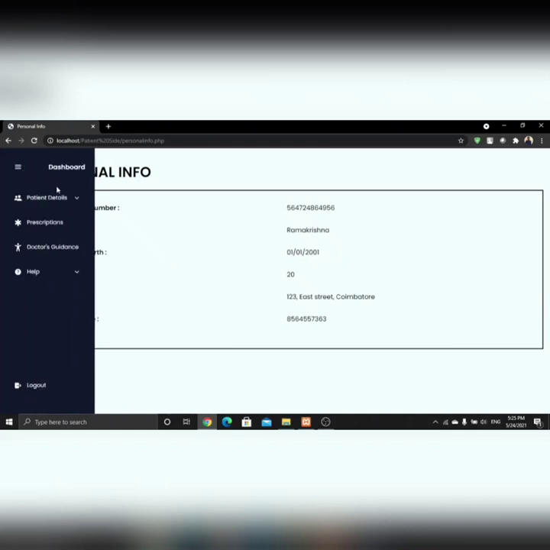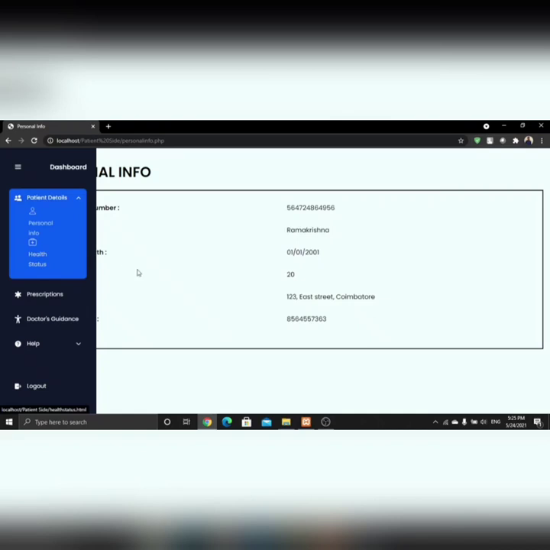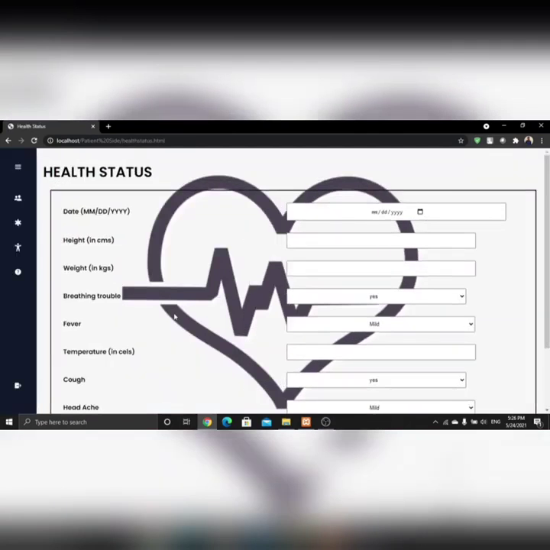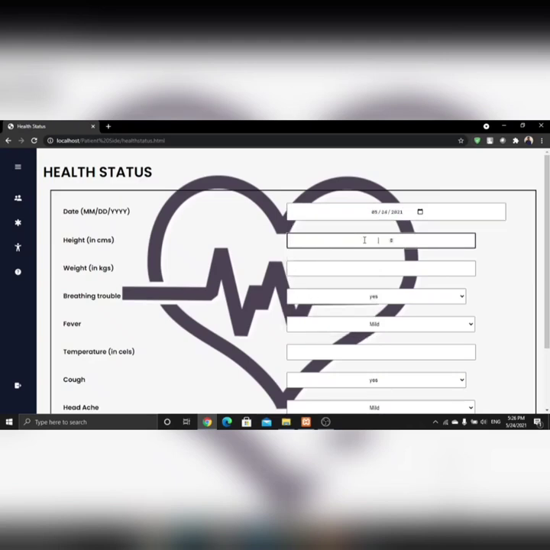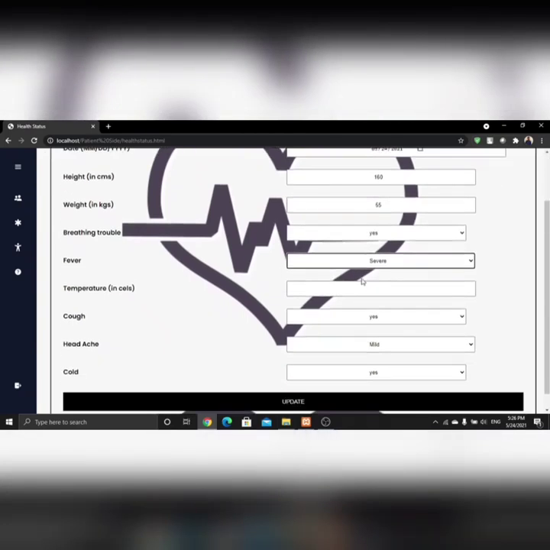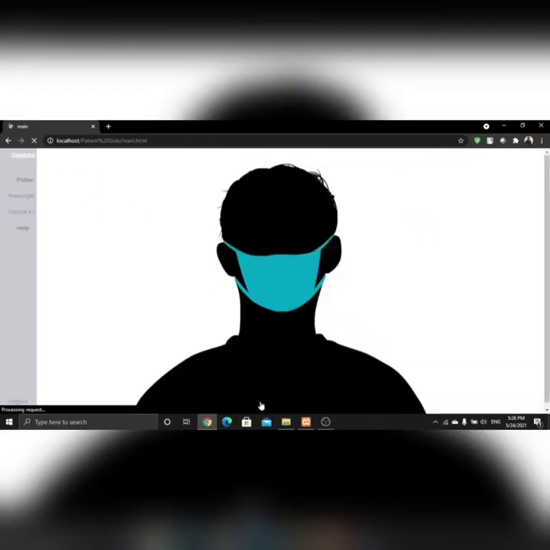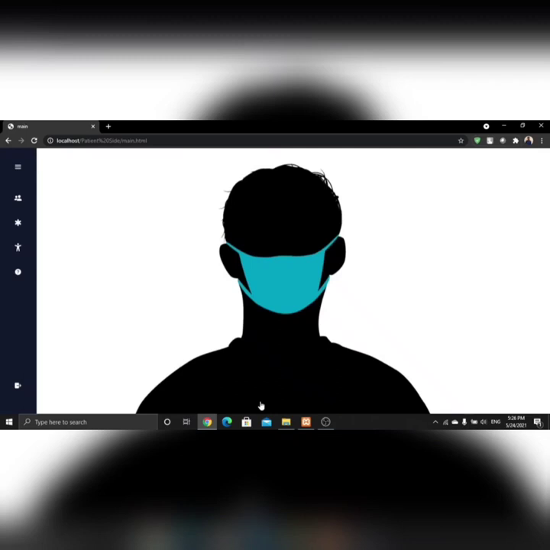Now under the health status, you can update your health at any time. Once the update button is clicked, you will be redirected to the dashboard.